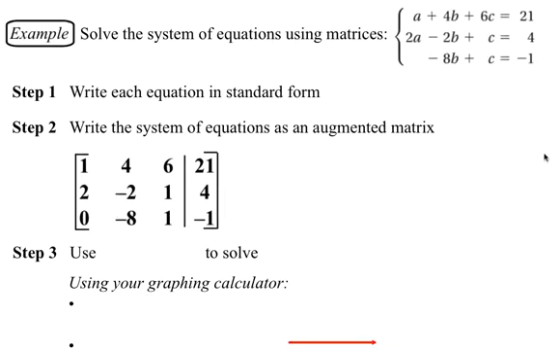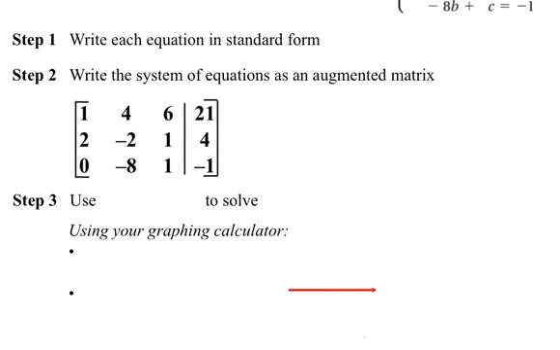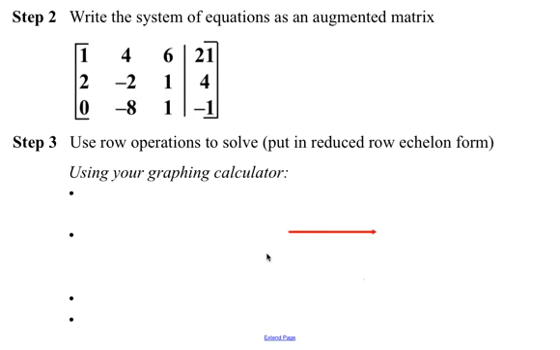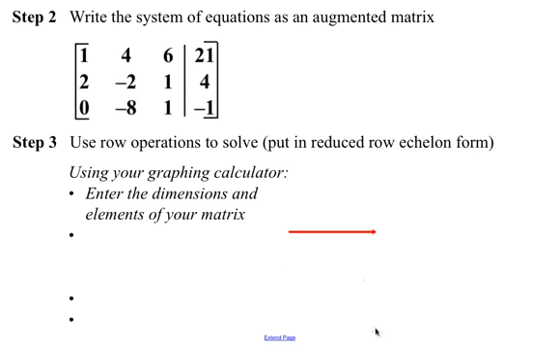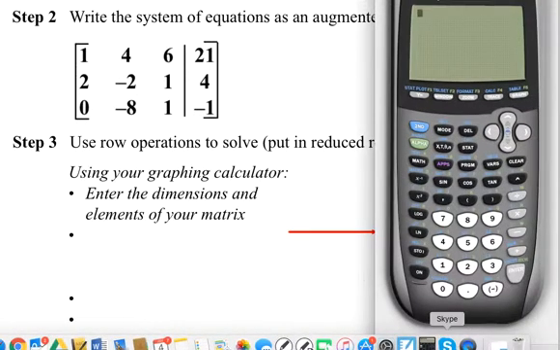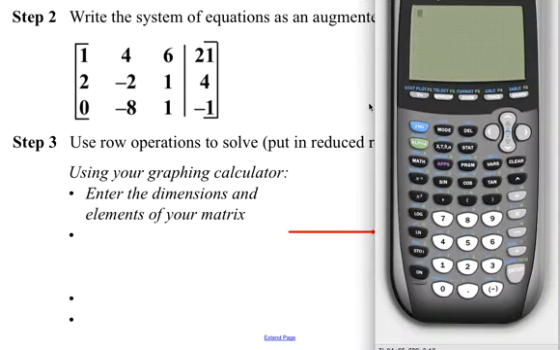Okay. So now this one, I am going to show you how to do this one on your graphing calculator. The first thing we're going to do is use row operations to solve, and your calculator will do all of this automatically for you. So the first thing you want to do is to enter this into your calculator. So here I have the graphing calculator for you. You want to use, see how it says matrix in blue? That's a second function, so we're going to go second, matrix, and we're just going to enter this in matrix